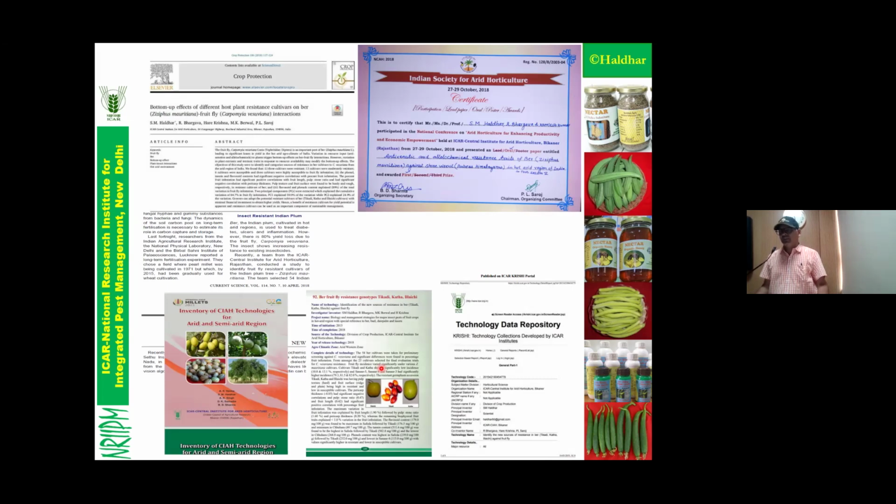Did you correlate with the hairiness? Antibiosis as well as antixenosis, both we are taking. But that table is there, sir. Complete, if you are seeing that. Are you going to show that all these resistant lines contain more phenolics? In this paper that is there, sir. But we are not presenting it because there are many to present. That's why we are not presenting it.